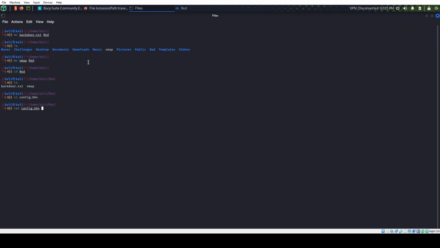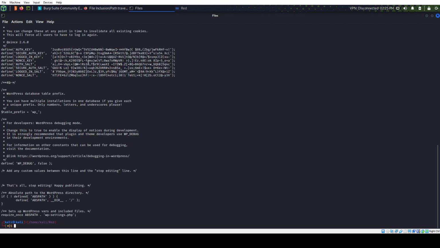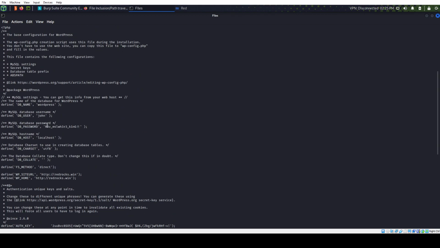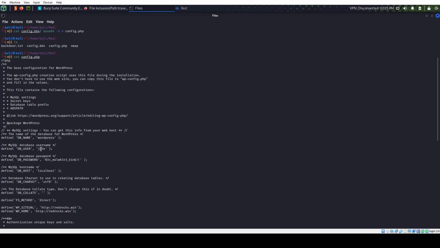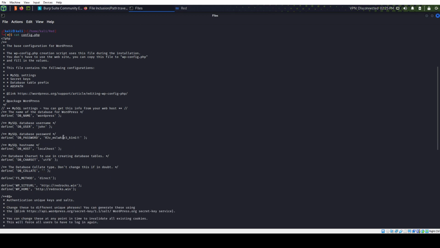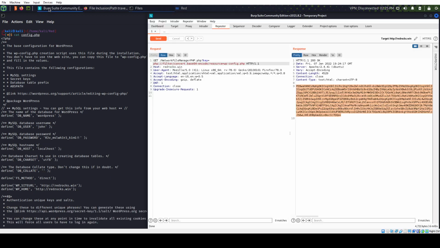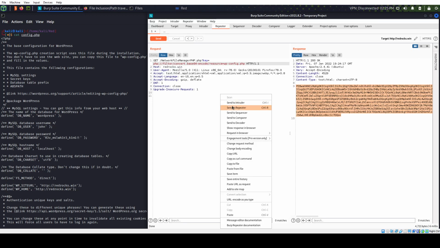What we can do is cat the config file, pipe to base64 -d into config.php. So if we look at the config file, we have it here, and the config file is where the database credentials are usually stored, and we do have a match for John, which, if you remember, was in the passwd file, and a password. And just to save you some time, this password itself doesn't work. We can try to SSH in. That's always a good try to look for password reuse. But